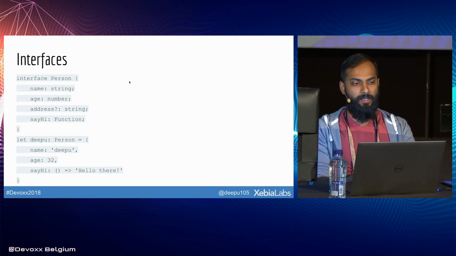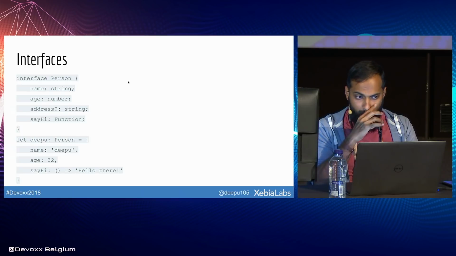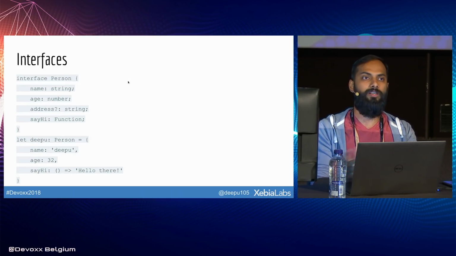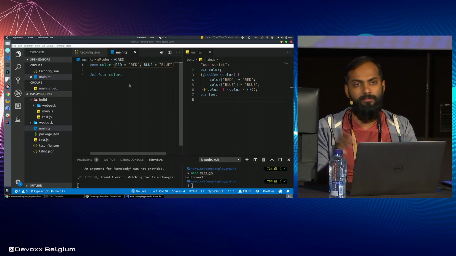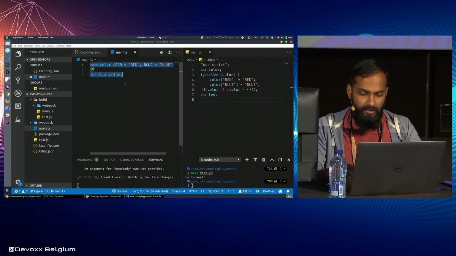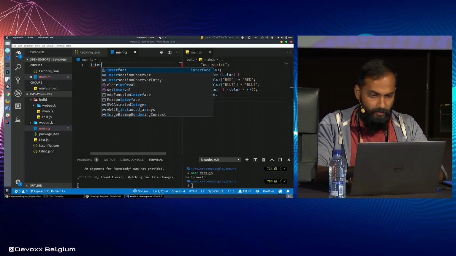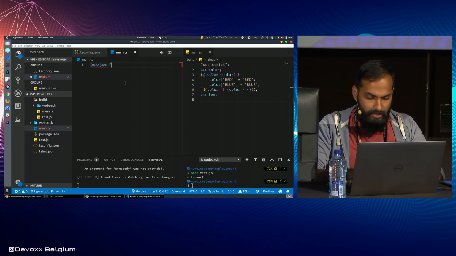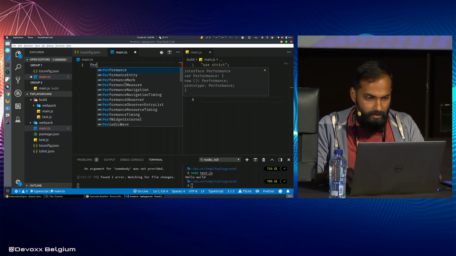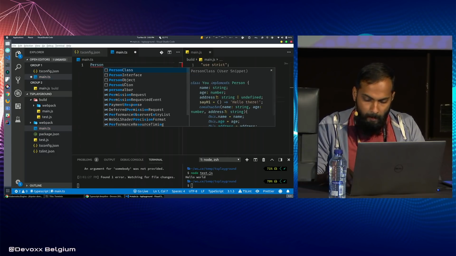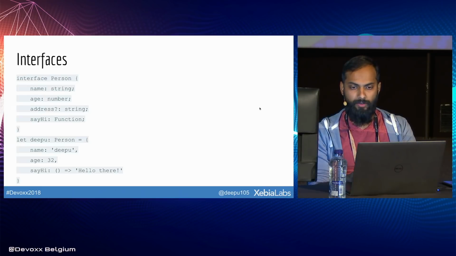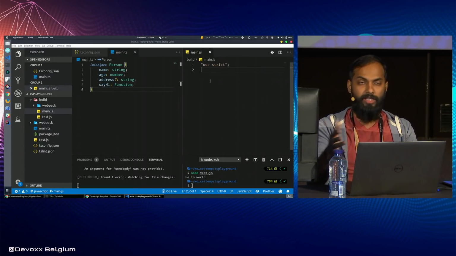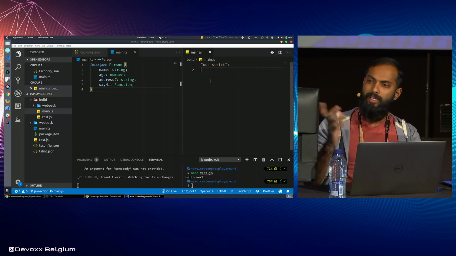Now, interfaces. So of course, ES6 introduced classes, but still there are no interfaces. So I mean, not exactly. So TypeScript gives you interface. So let's say I might have this. So this is an interface in TypeScript, and if you look at the generated JavaScript code, I don't know why,